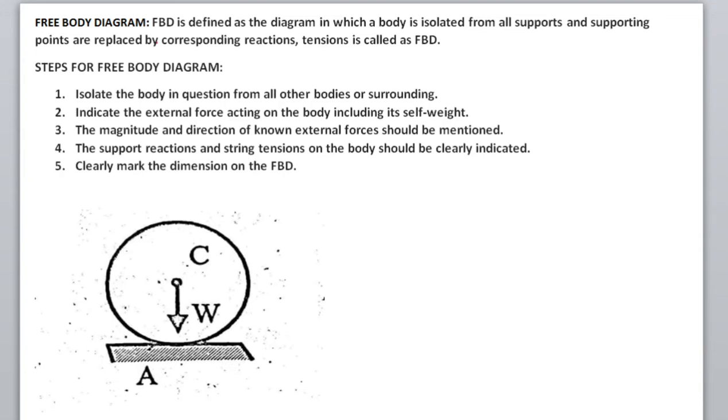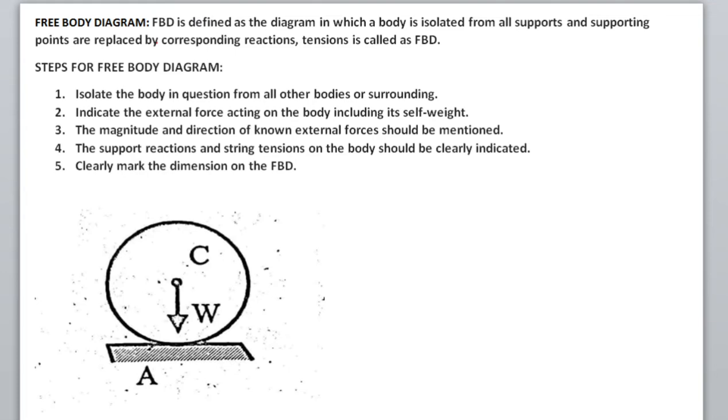So basically in free body diagram what we do, we remove all supports, then we provide support reaction at that point, and support reaction is always perpendicular to the surface and which is always radially inward, whereas we remove tension or we remove string if that is connected to the body. In that case we provide tension which is radially outward, again weight which is always vertically downward, and if any other external forces are given, we mention that.